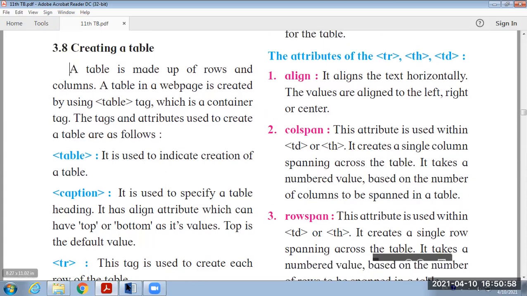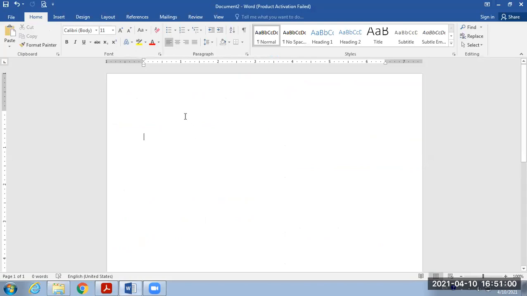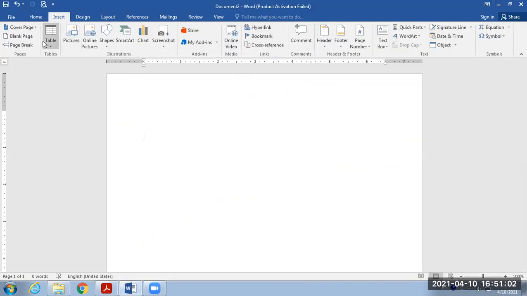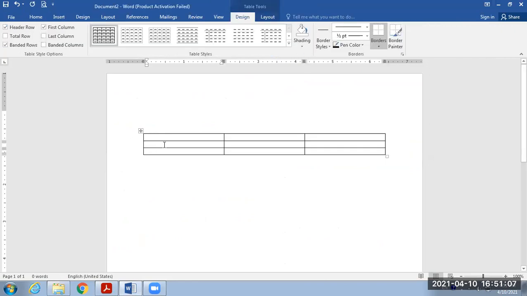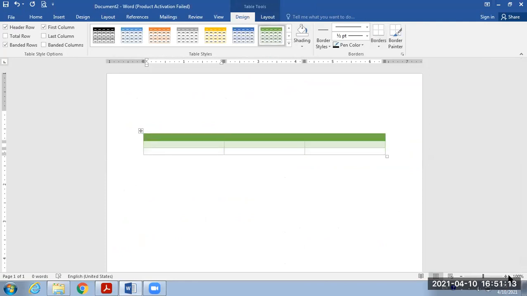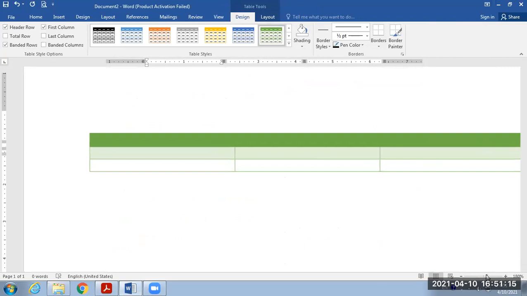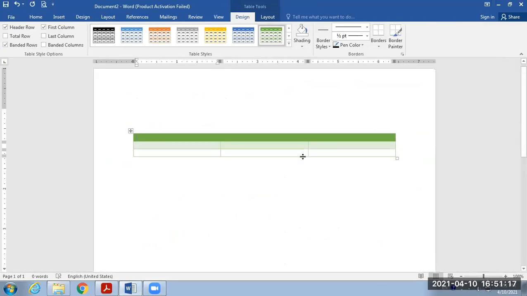You know that every table, for example, let us see in Word, here we can draw the tables. Now we can select different formats of the table, and this formatted data is known as our table.